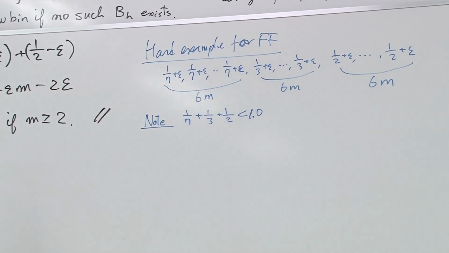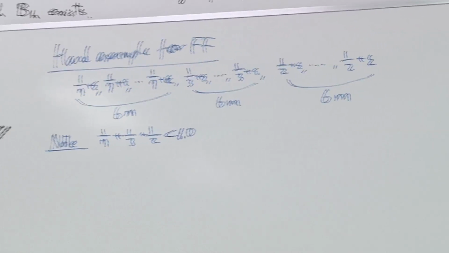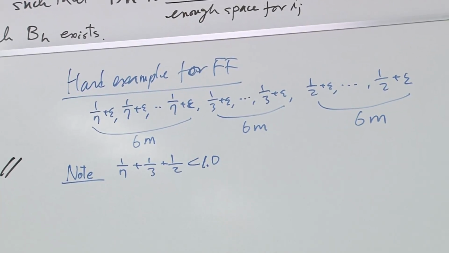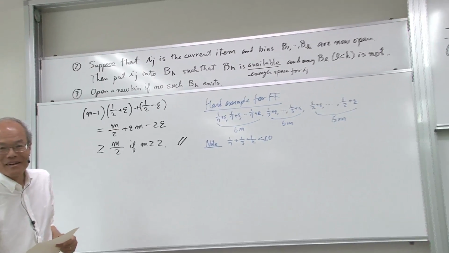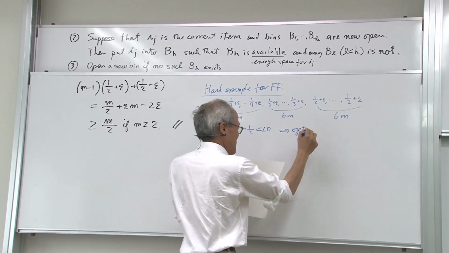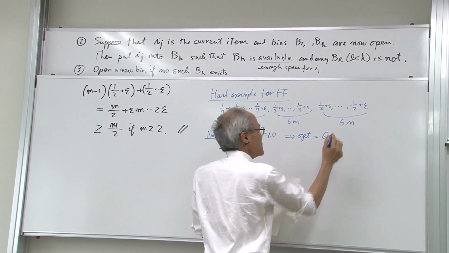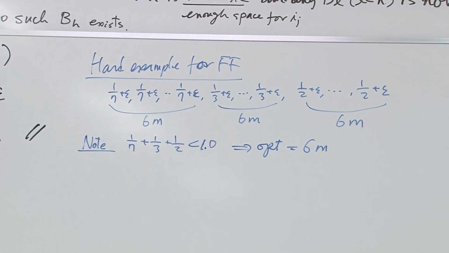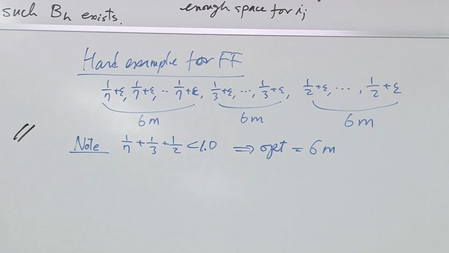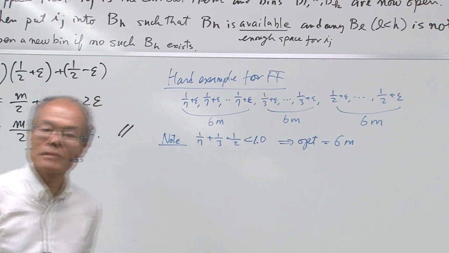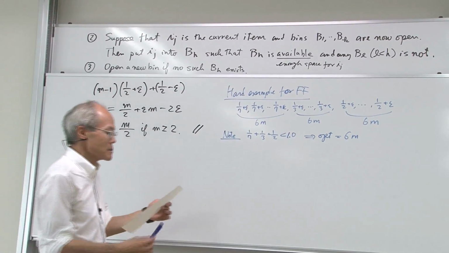Note that 1/7 plus 1/3 plus 1/2 is less than 1.0. Yeah, just trust me. That means the optimal value is 6m, because we can put one of each kind of item into one bin. So we need 6m bins. But